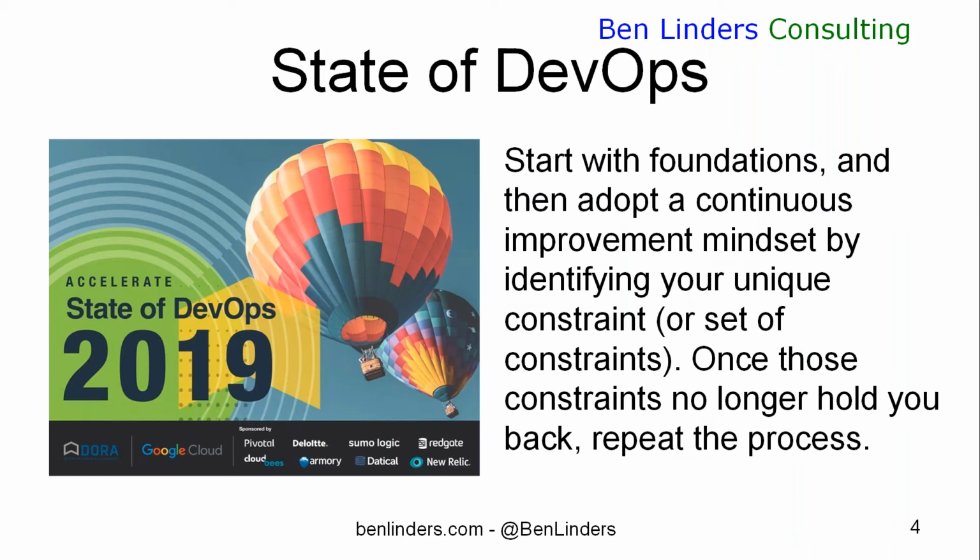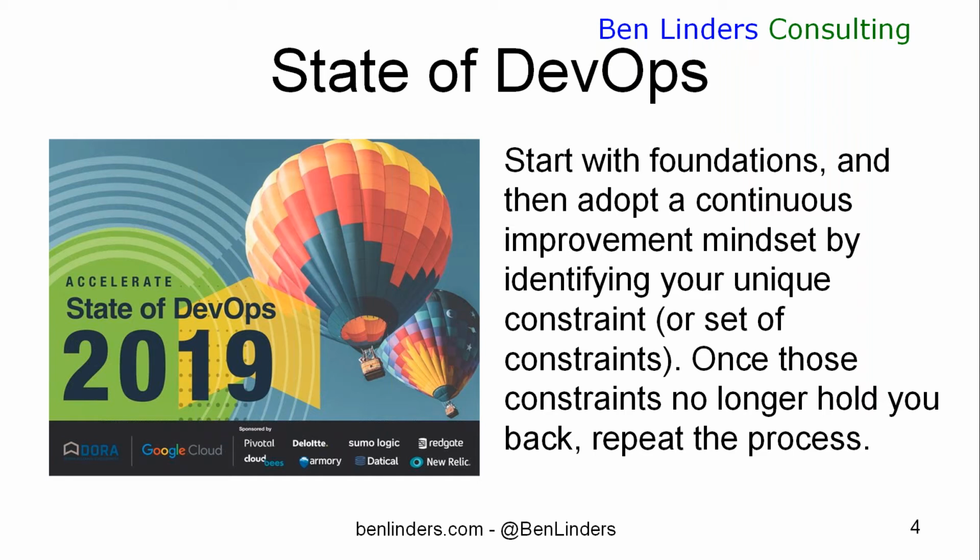Another part on if you look at DevOps and DevOps improvement is something that I took from the State of DevOps report, the 2019 edition, which also clearly states that if you look at DevOps, their suggestion is start with the foundation, start with the basic stuff in there, and then adopt a continuous improvement mindset. And their suggestion is look at what's your constraint, what is the main stuff that's blocking you right now to get the best results out of DevOps, or set of constraints, and work on those constraints to get them out of the way. Make sure that those constraints are no longer limiting your organization, no longer limiting your teams in your organization to get results and to get software delivered.